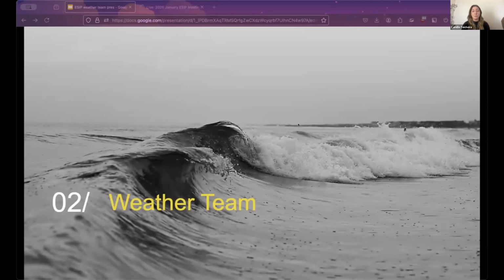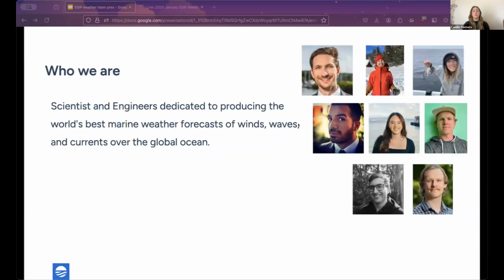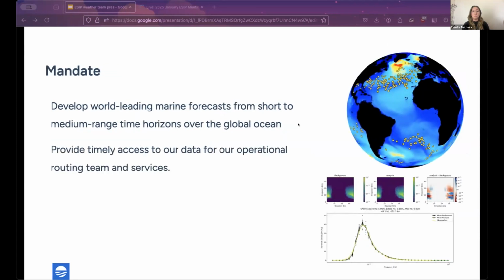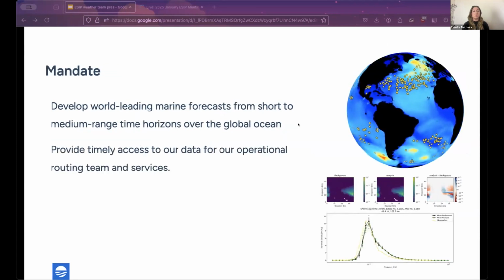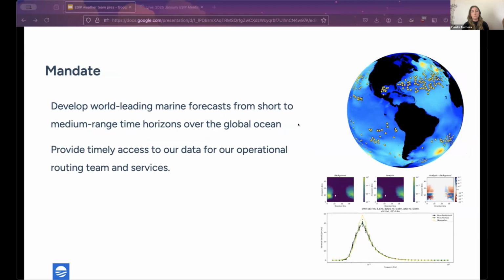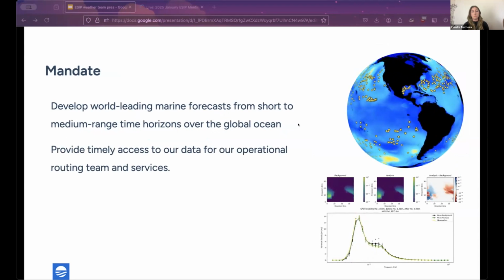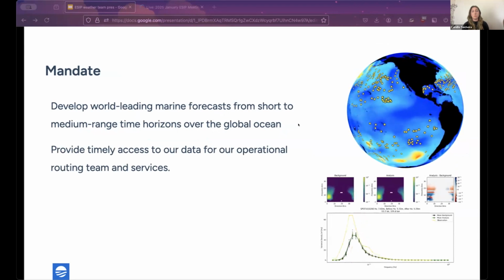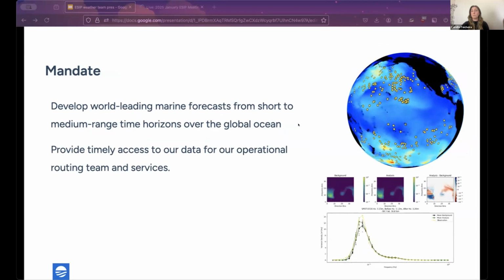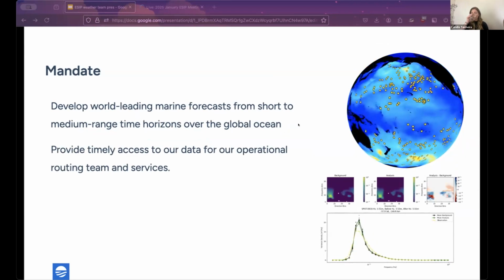We're specifically both software engineers on the weather team at SOFAR. The weather team at SOFAR is comprised of a mixture of scientists and software engineers. Together, we manage and develop our forecasting system, including the ingestion, processing, analysis, storage, and service of the outputs and inputs to this system. Our goal on the weather team is to develop world-leading marine forecasts for short to medium-range time horizons across the global ocean and provide timely access to our data for our operational and routing teams and